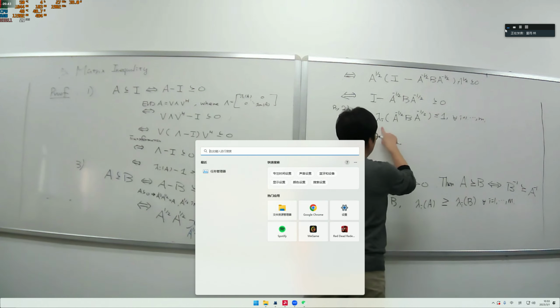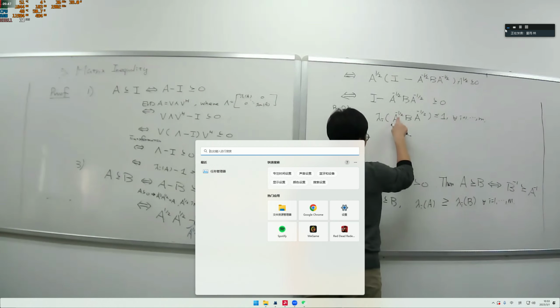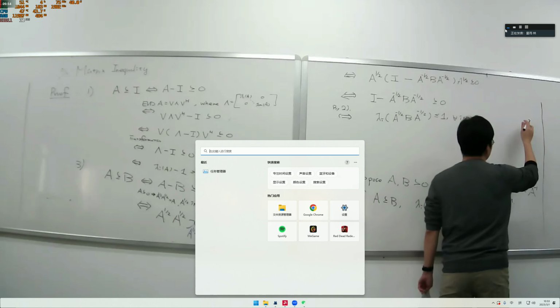And note that the eigenvalue of A, this matrix, or look at a general case,